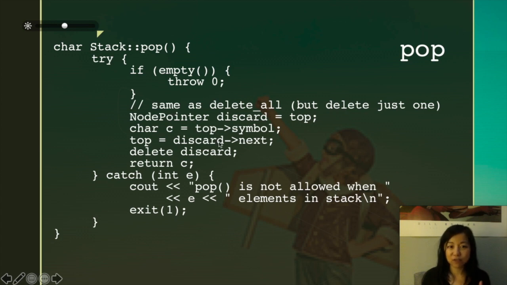If it's normal, if someone didn't write a call to pop without making sure that the stack is not empty, because in our interface we actually talked about that pop